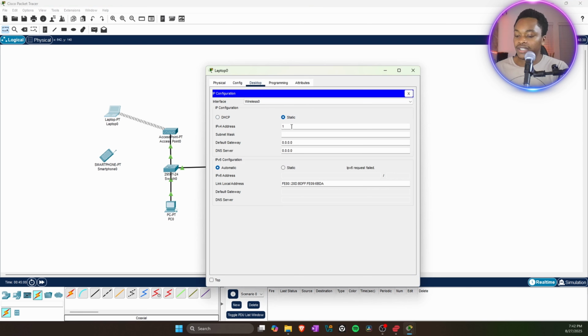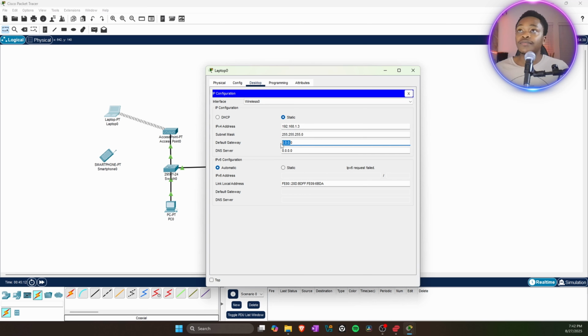This is 192.168.1.2, .3. Hapo ni hivyo. Nitaipea a default gateway yenye ni 192.168.1.1. Okay,